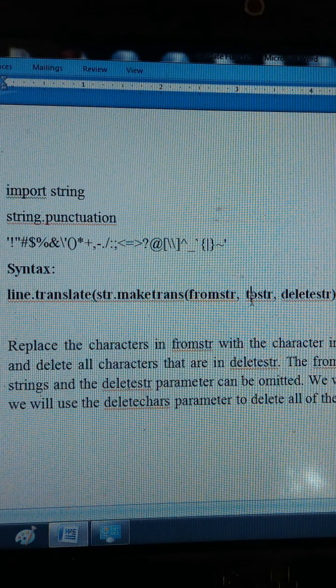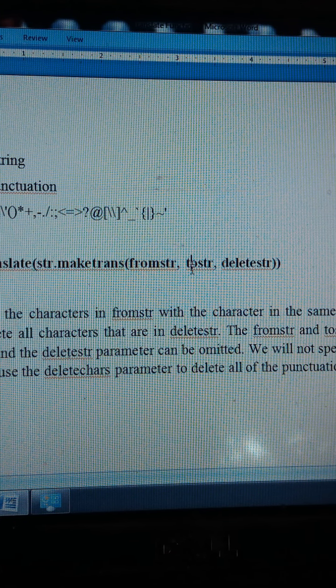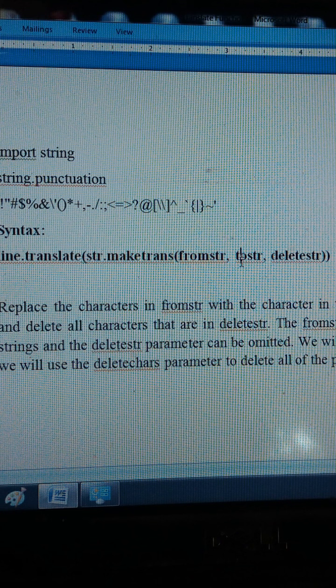The syntax of the maketrans function is that it takes a from string as the first parameter, a to string as the second parameter, and a delete string as the third parameter. As the name indicates, maketrans means the characters which are part of the from string are replaced with the character in the to string at the same position, and the delete string is the characters which you want to delete from a given string.